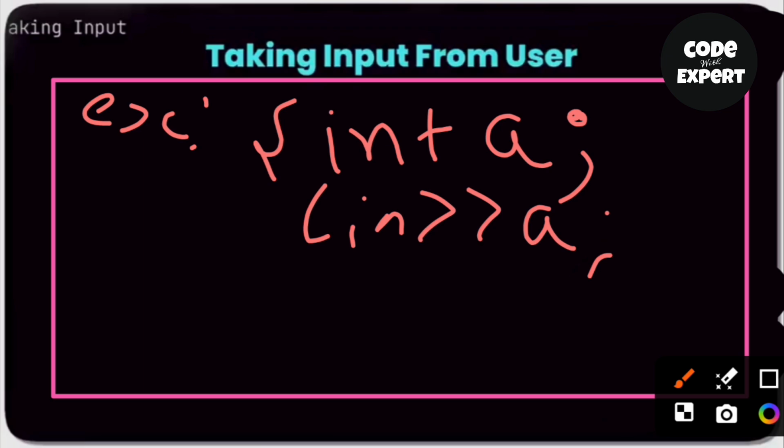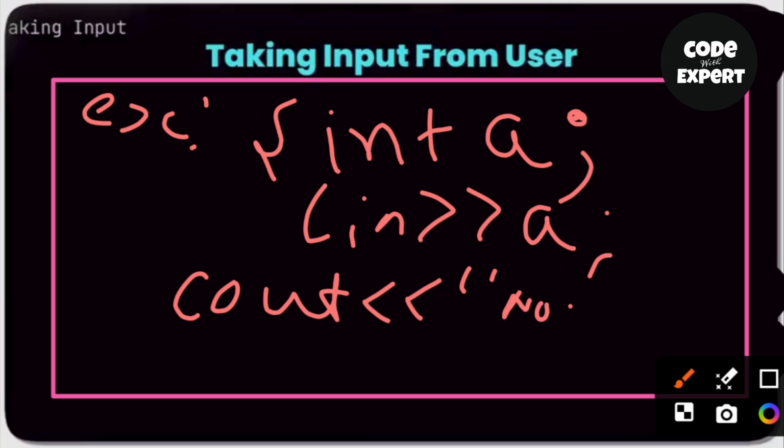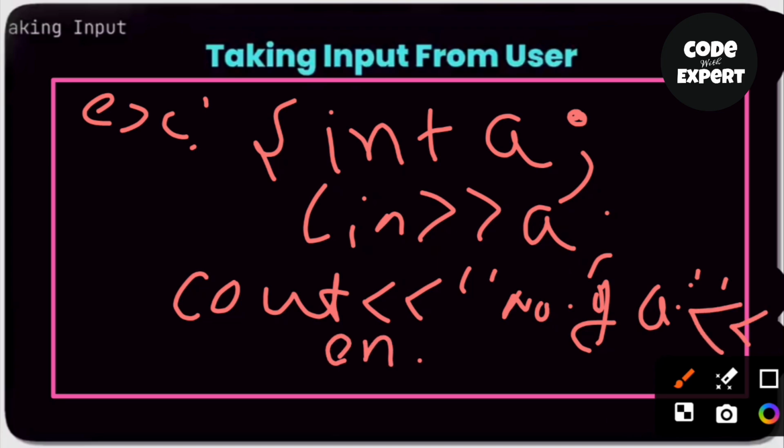The program will show an option to the user to input the value of A. Then, if the user has given a value A, I command the C++ program to cout "number of A", then the value of A here, then end the line,